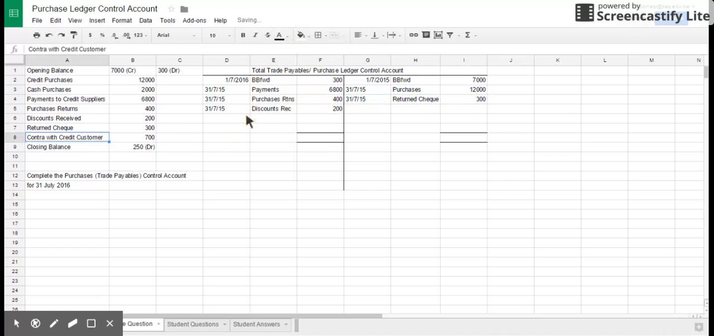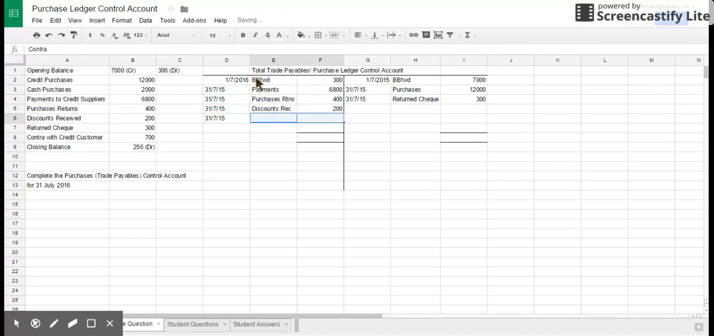Okay, and then we've got a contra again. The contra is where, in this case, we have got a customer who also supplies us, and therefore instead of sending two cheques, we'll compensate and just send, or they'll send us, a cheque for the balancing amount, because there isn't a lot of point in sending the extra paperwork. So put that in,